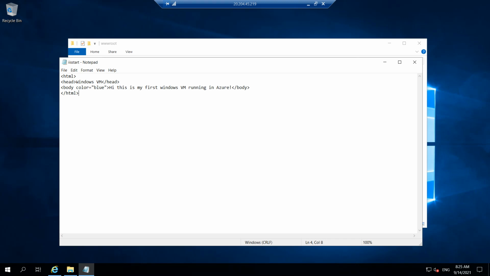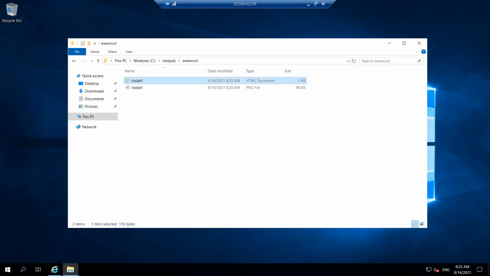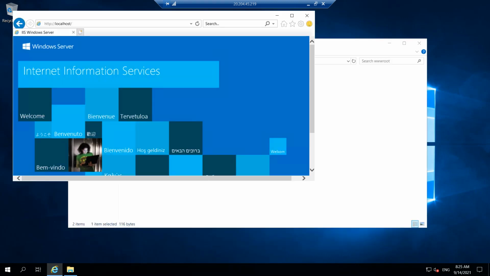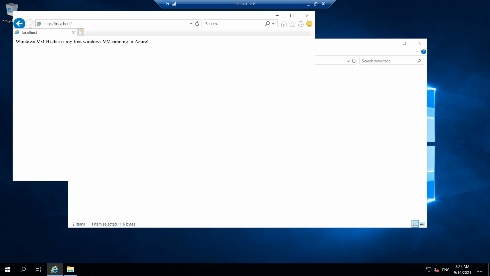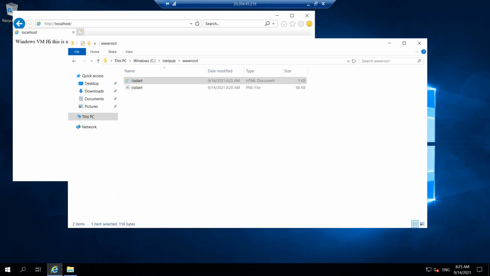I've written very basic code here to display on our web page. Now if I just refresh from here, it says Windows VM. Hi, this is my first Windows VM running in Azure.